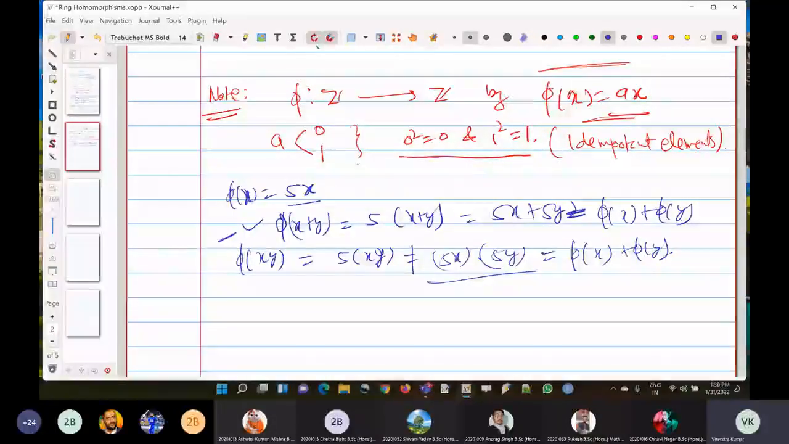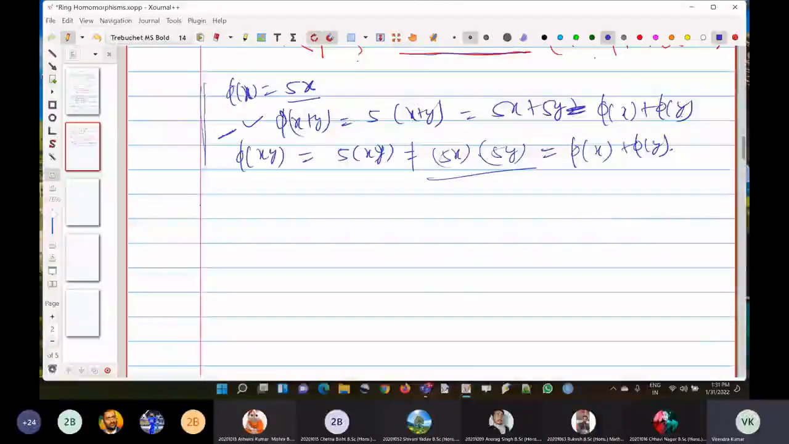Fine. So in case of Z to Z, is there any other option it can have so that it becomes a homomorphism? Is there any other option? No, because we have taken this example. Except for an idempotent element, this phi cannot be a homomorphism. Okay. So what we note is that there are